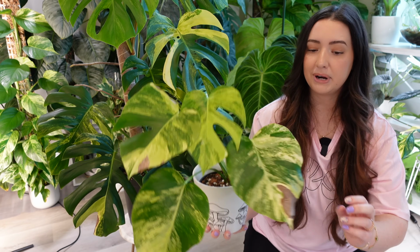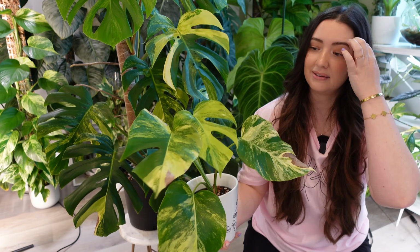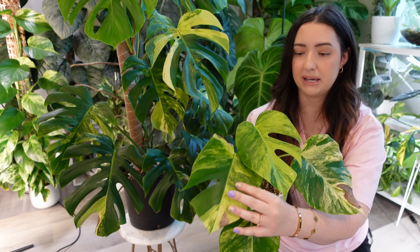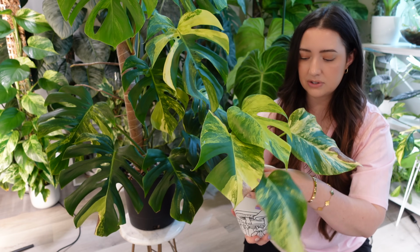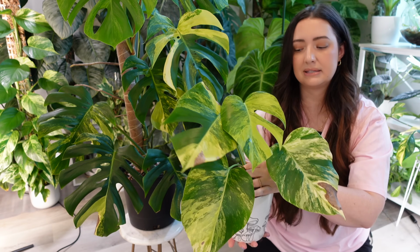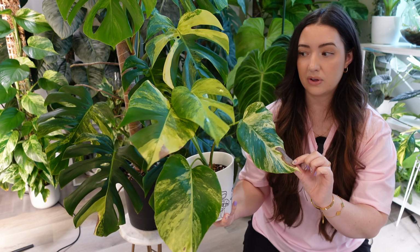Now this one did have browning, but I attributed that to it adjusting to my environment, because this leaf, and this leaf was an old leaf before it was shipped to me, and this is the new one in my care, and the new one is pristine. So I have it next to this one, so it's getting the same conditions, same care and everything, and I have it in the original mix. The root system is healthy. I did check it. And so, yeah, I feel like hopefully this doesn't continue on the new growth, but I